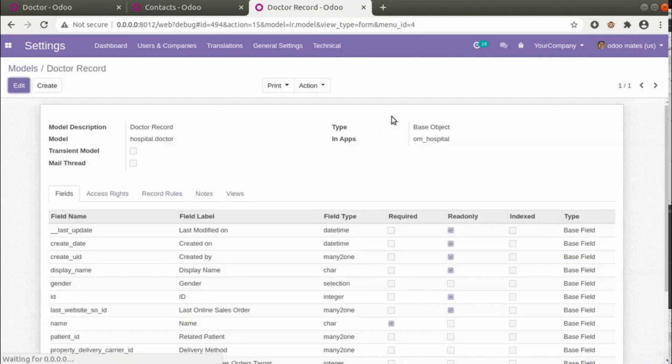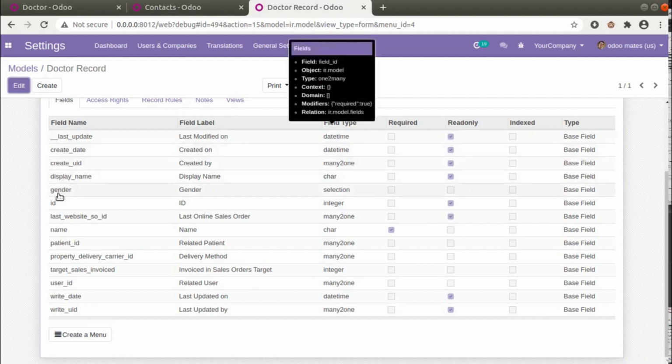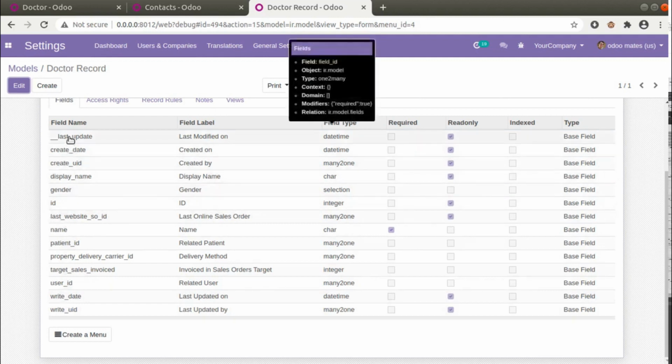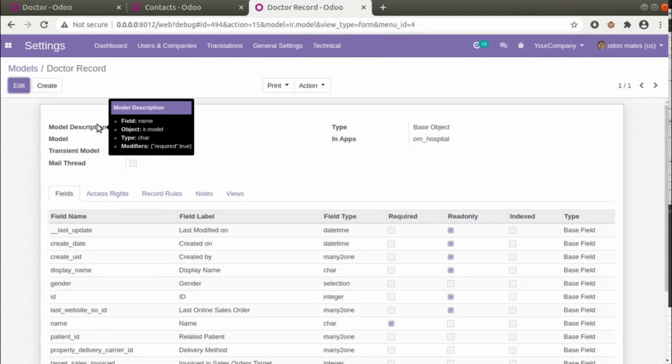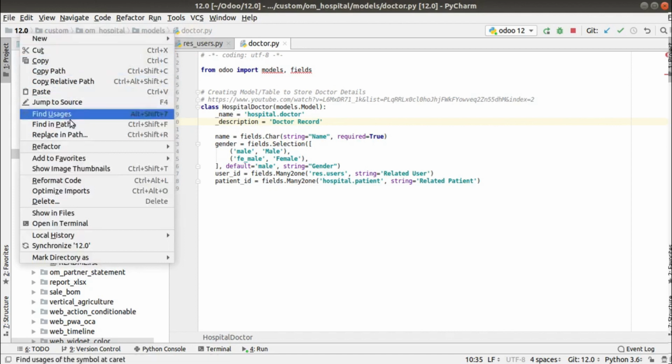Right now if we check, we have around 15 fields, including all the Odoo fields, that is create date, UID, etc. We have around 15 fields right now. And let's see what happens after we apply inherits. What I'm going to do is add inherits to this model. So let me copy an existing sample.